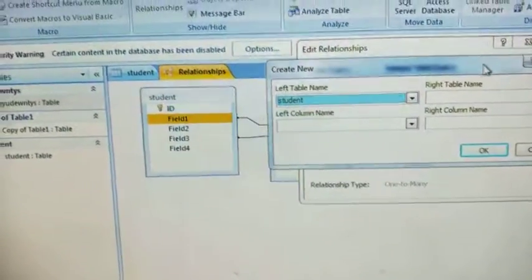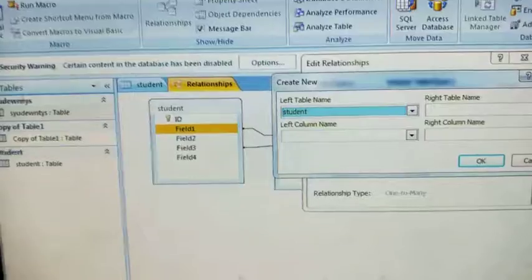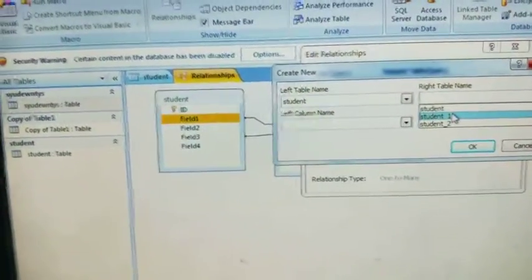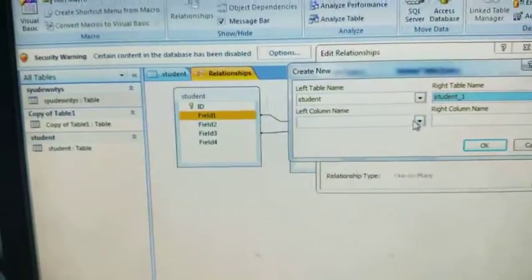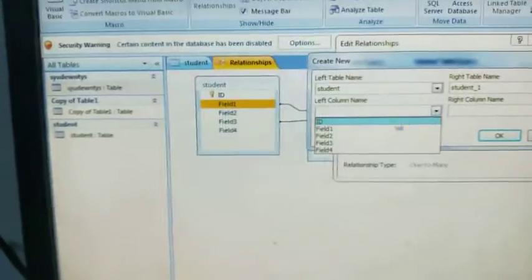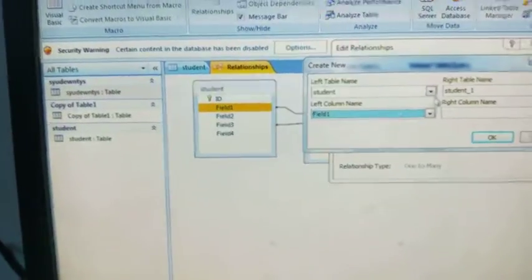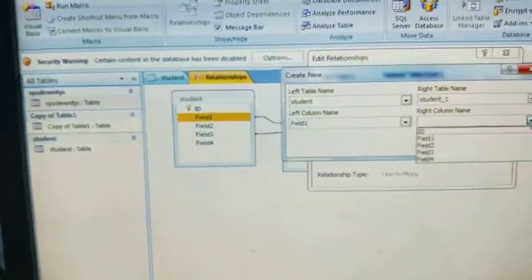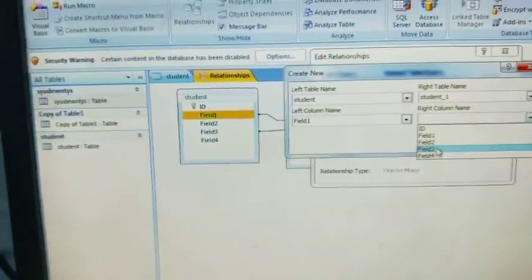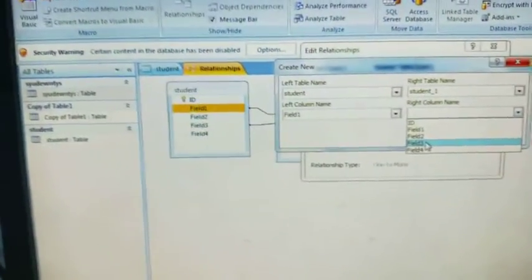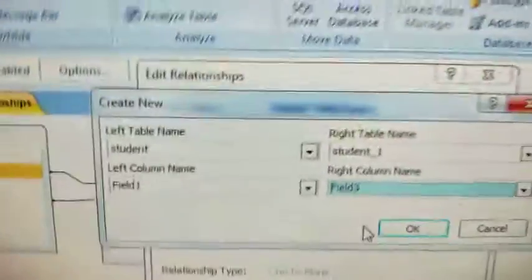So from the right table name it is student 1, and left column name, that means field 1, and here you want to make the relationship with field 3 or field 2 of the second. So all these things you have to set.